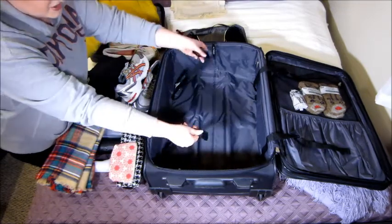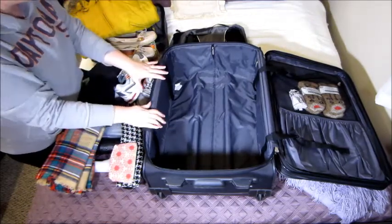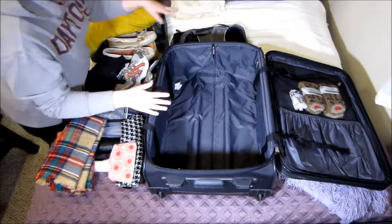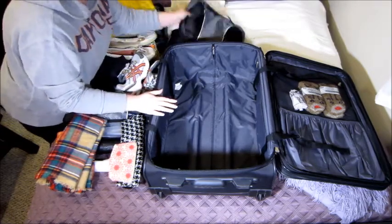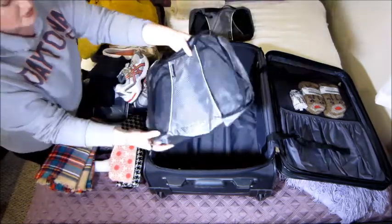So I took the straps and I put them on the outside because I'm going to strap those at the very end, and I will just show you my process. But the first thing that I got is these. These are, let me show you just one. These are the Sharper Image